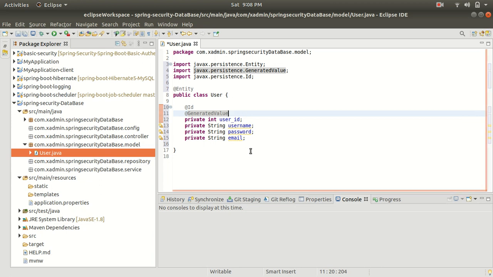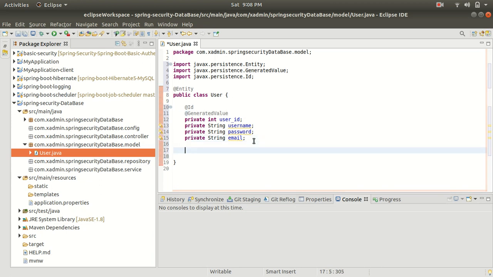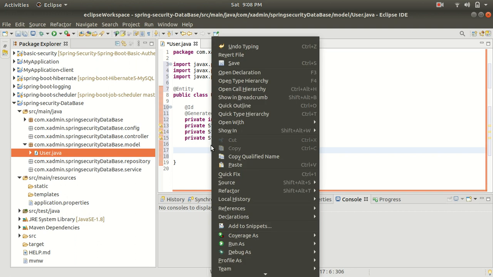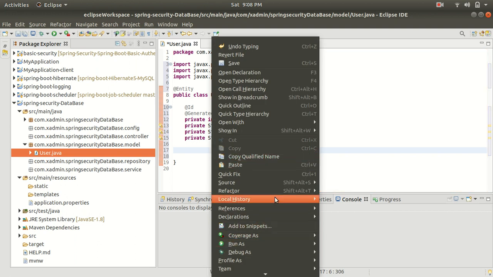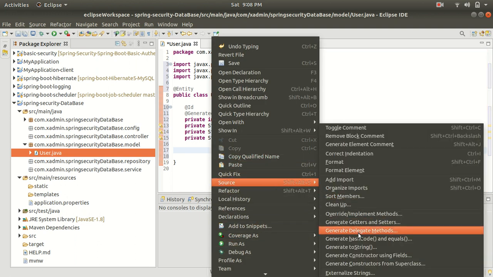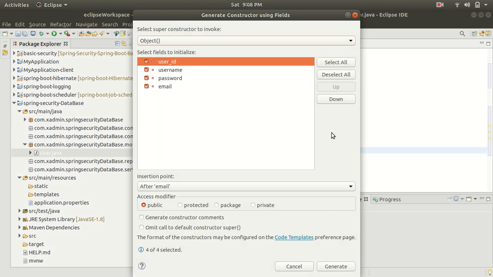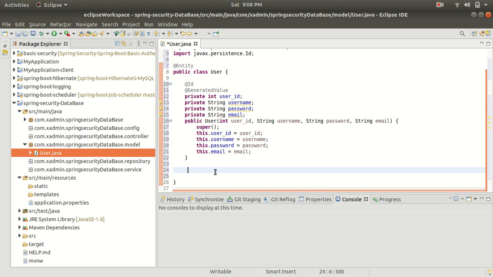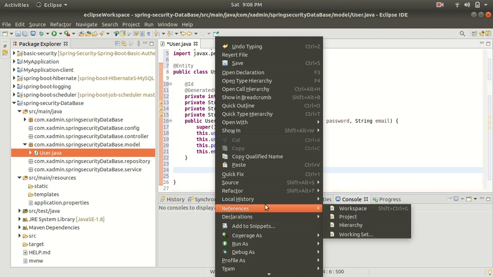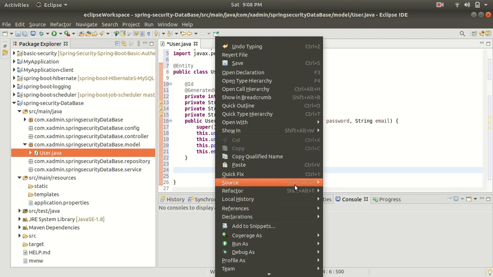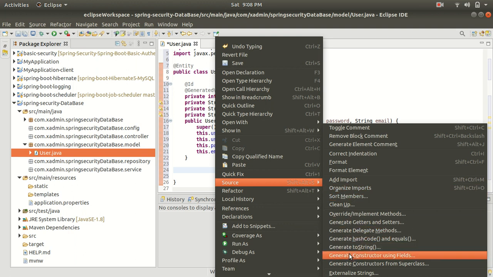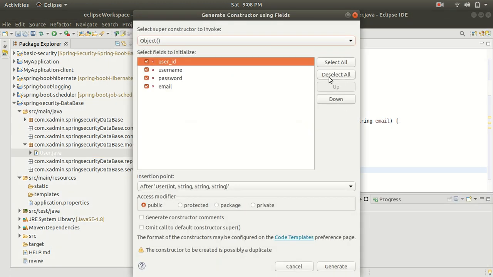Alright. So now guys, I am going to create the constructor. So let's generate the constructor. Select all, generate, and here I will generate a default constructor also. Deselect all, generate.